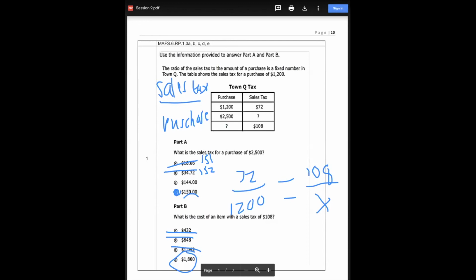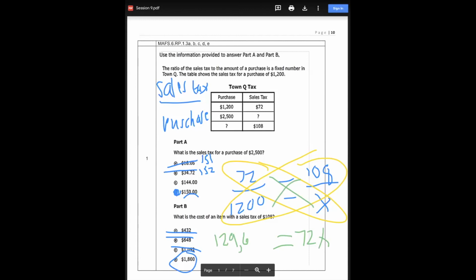So the next thing that we do, we cross multiply and then we solve for X. Remember, you can draw two little ovals, or you can do an X to help you remember. When you do that though, the equal sign gets carried down. You get 72X, and now's the time to use the calculator. You get 1,200 times 108. The answer to that is